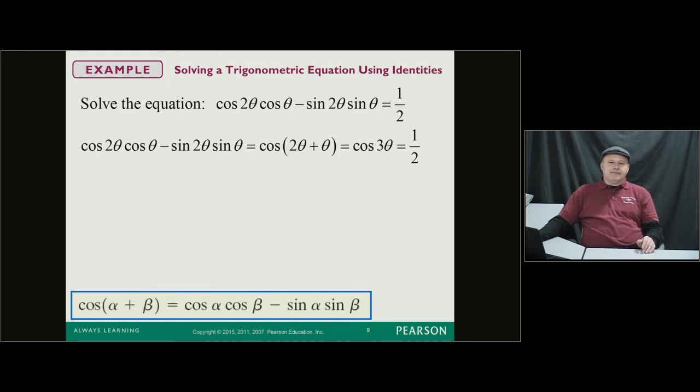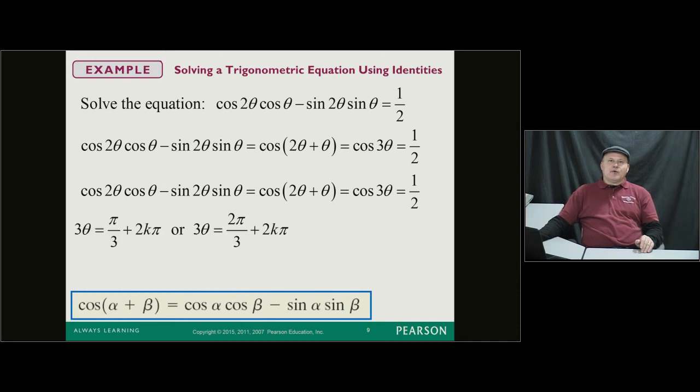Where is that going to be? When is cosine equal to 1/2? Go back to your chart if it's necessary. By now you should have this memorized. But it's at pi over 3 and 5 pi over 3, because that's where it's positive. So it's going to be, I think we duplicated that there. So that means it's going to be at pi over 3 plus, and then,